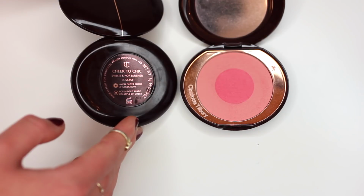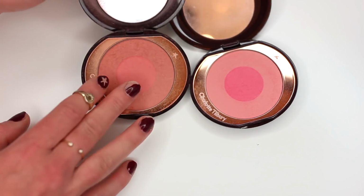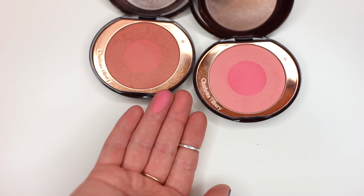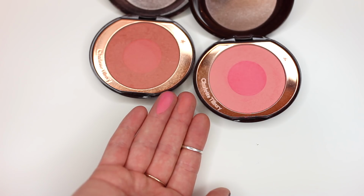blushes is that it's basically like two blushes in one. So there's a center color, which is more of a pop, intense color, and the more neutral, softer, more subtle color on the outside. So it looks like a little bullseye, but what you can do is mix your brush together, swirl it in and put it on, or take some from the lighter, some from the darker. You got some options. This color though is absolutely stunning. It's the perfect shade for my skin tone. It's that corally, peachy pink with a little bit of shimmer and golden sheen, but